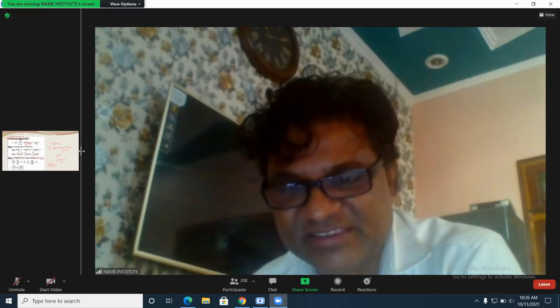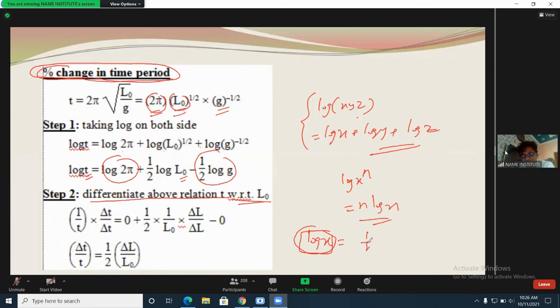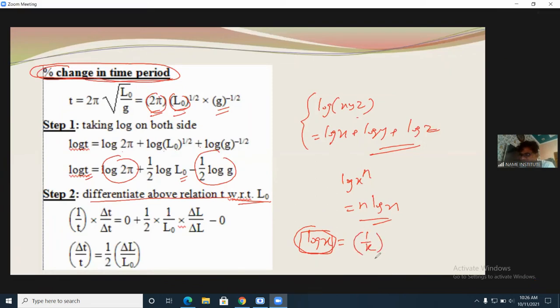Yes, the differentiation of log of X is equal to 1 by X, but this is not the complete differentiation here. This is the differentiation of log of X, then the remaining differentiation of X we take with respect to X. It is delta X divided by delta X, which cancels, so ultimately it will come 1 by X. But if we only learn that differentiation of log X is 1 by X, it will create a problem here. Now, whenever we differentiate, take the concept in a class.